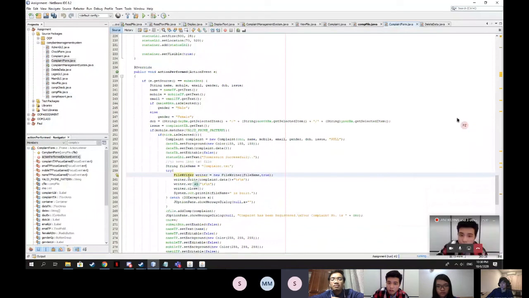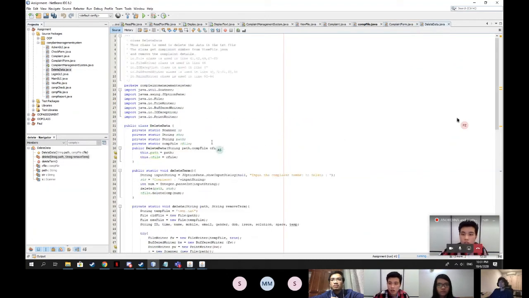Which is over here. FileWriter equals creating a new file name with boolean true inside a try and catch place, and this is also where it tries to create, and if there is an error in it, they will try to catch it in IOException e, which is the next IO class that has been used here in this program. So the next FileWriter is also used in delete data,